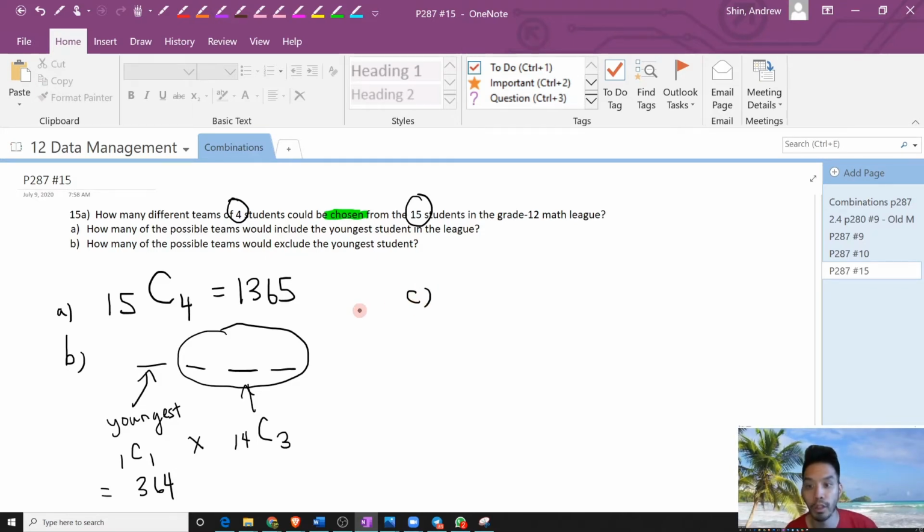And part C, how many of the possible teams would exclude the youngest student? So we're excluding the youngest student. I guess the fastest way to do this is the indirect way, because we've already done this with A and B here. So indirect would be A, which is all possible teams, with no restriction,